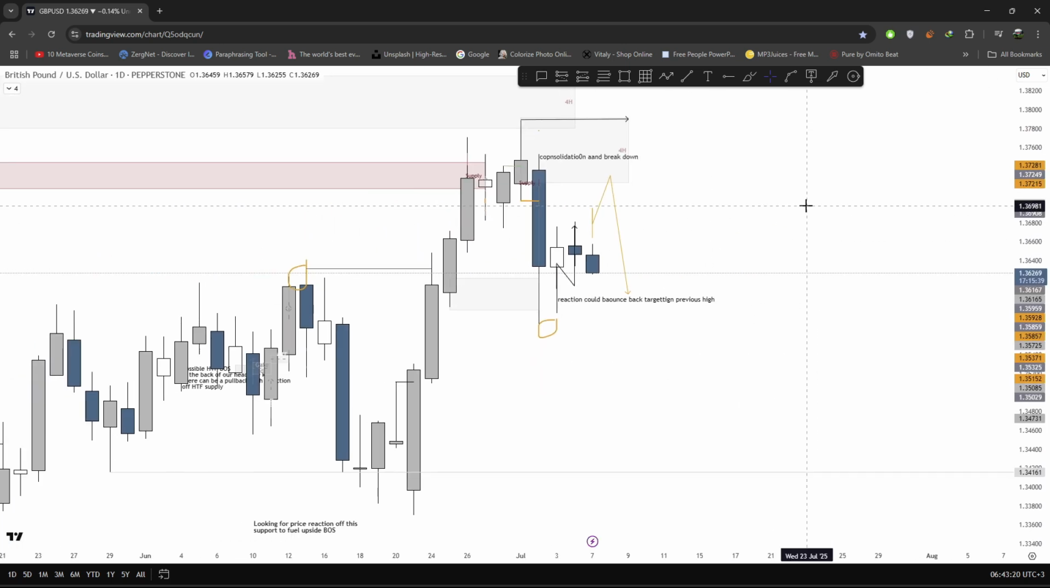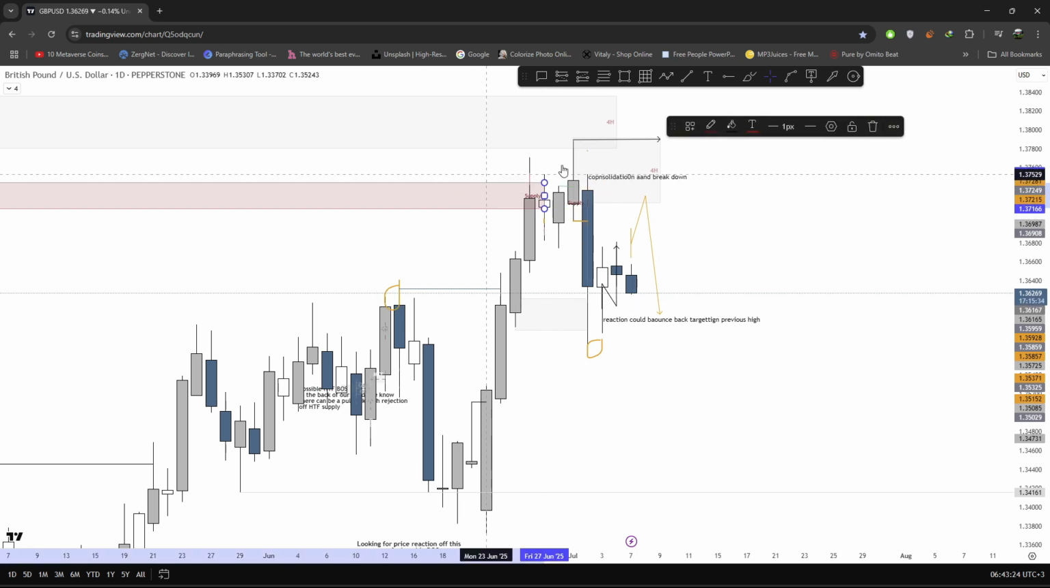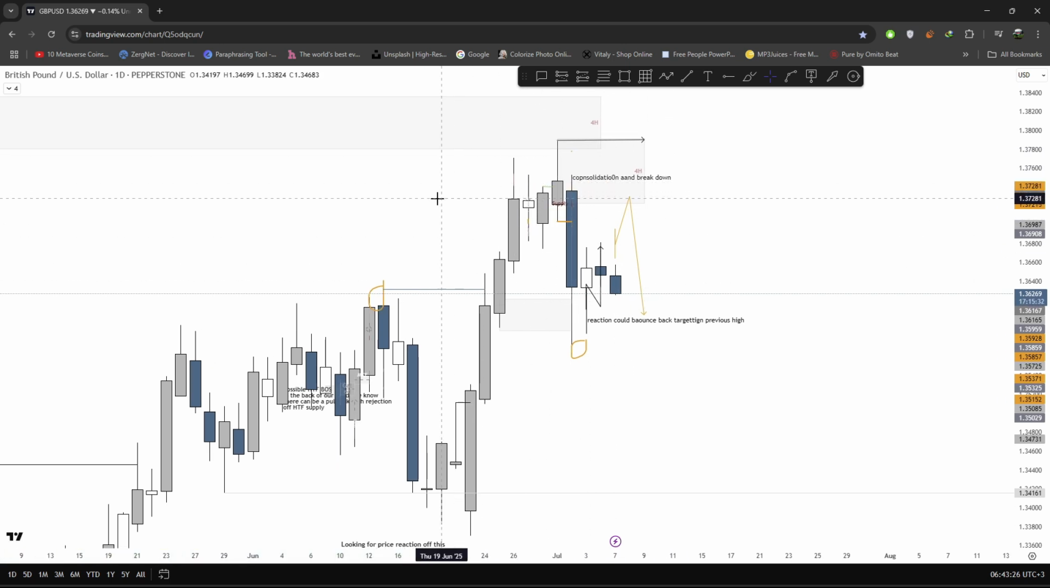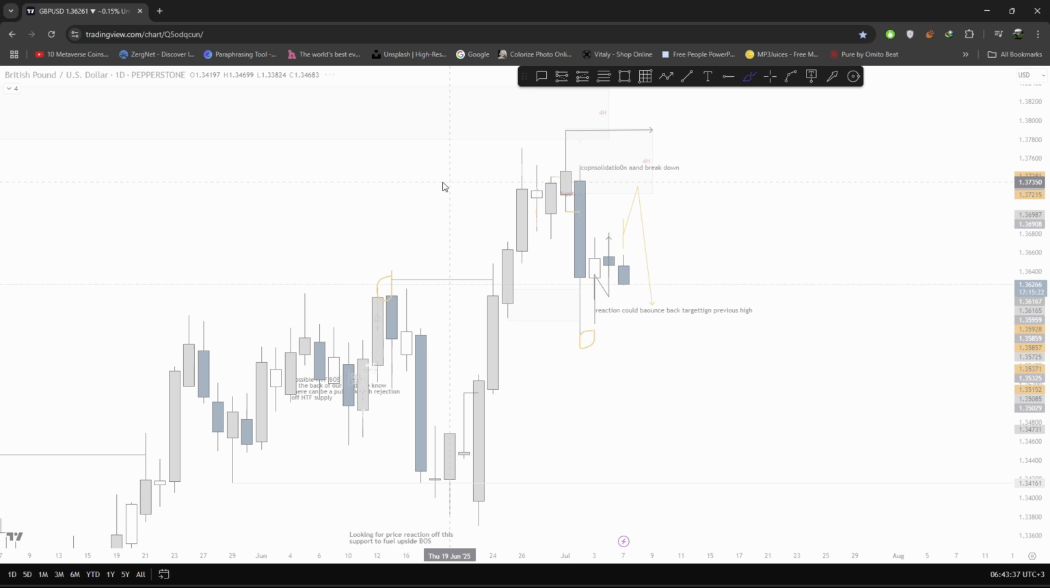GBPUSD, almost the same thing. However, this one already started its pullback to the downside. Let me just get rid of that. We did see a big rally to the upside last week. A nice rally, nice push to the upside. Very little resistance there. So now we can see that price is being a bit corrective, and that internal pullback